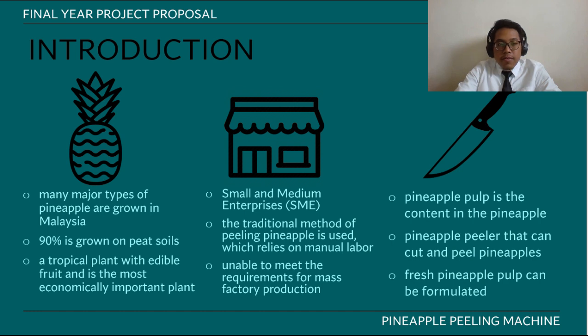In Malaysia, many major pineapple varieties are grown, such as Morris, Antarctic, Sarawak, Gandul, Yankee, Josephine, Maspa and, most recently, MD2. The pineapple industry in Malaysia is unique in that almost 90% of the crops are grown on peat soil. Pineapple is a tropical plant with edible fruit and is the most economically important plant in the Bromeliaceae family. Next, small and medium enterprises (SME) are given priority by the government through the implementation of development programs